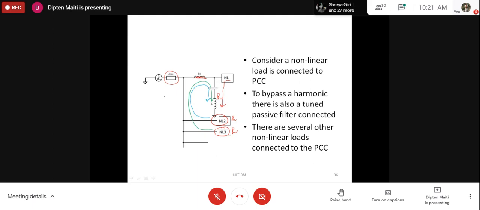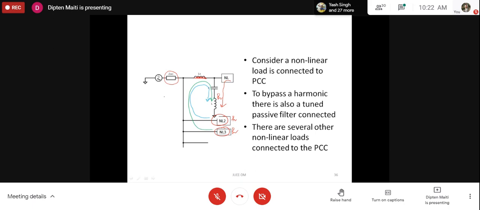The problem is that C may not have that much problem, but of course there would be a problem because of the heating, and further due to the deterioration of the dielectric inside the capacitor. And for the inductor, the inductor may become saturated due to high current. Once it becomes saturated, or is in the nonlinear part of the BH curve, the inductance value changes. Once the inductance value changes, it would not be tuned at the LC value or the frequency value. So that would hamper the normal operation, and further it can be damaged also.